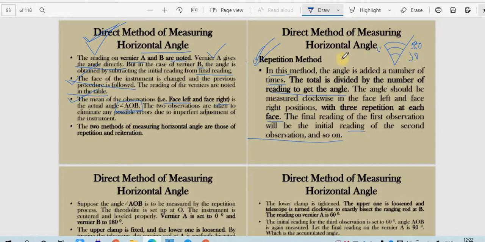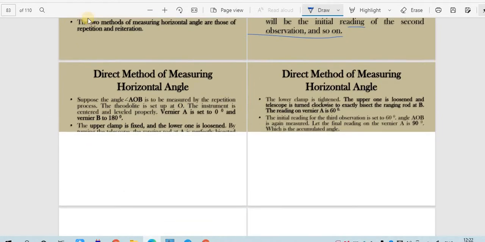Okay, so you are adding a number of angles. In order to get the value of the angle, you will have to divide the sum by what, 3. That will give you the exact value of the horizontal angle, with at least 3 repetitions. So you have to perform 3 repetitions, and you will also have to make observation with the help of face left, and again make observation with face right, and get the average of both the values.